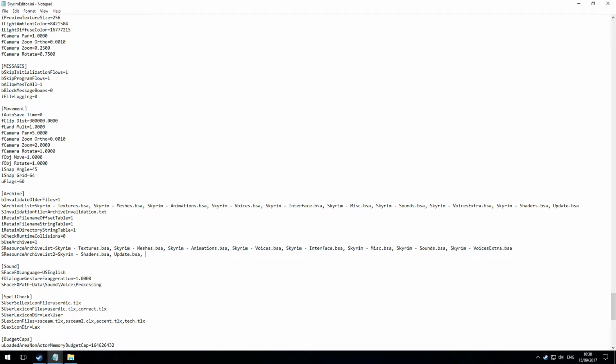So I have a comma space. And what I need to do is add the expansion pack. So the first one I'm going to put in is Dawnguard.bsa, and then I will add Hearthfires, which has an S on the end of it, .bsa, comma space, and the last one is Dragonborn